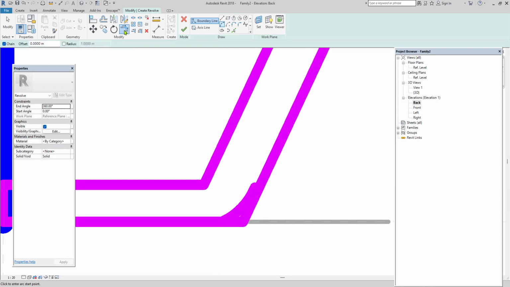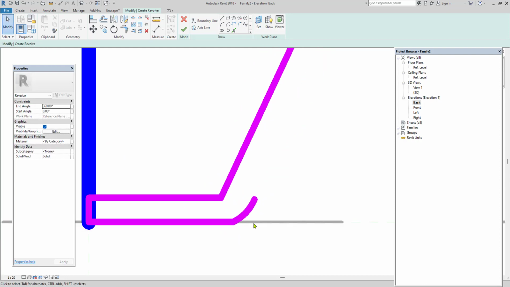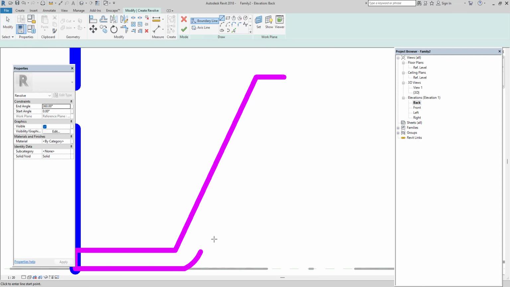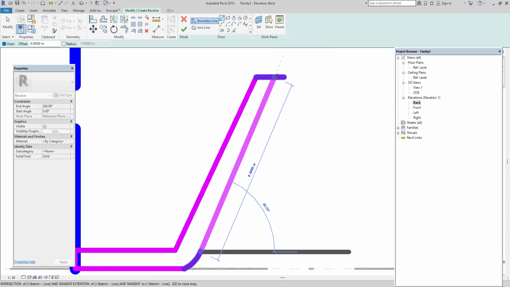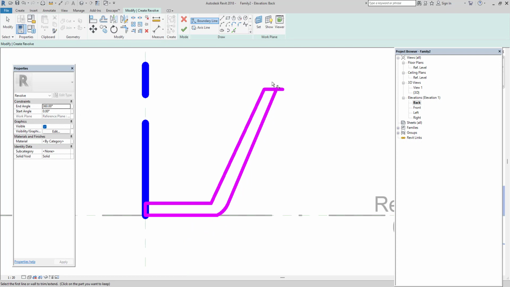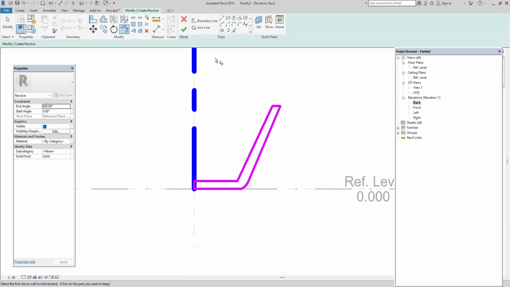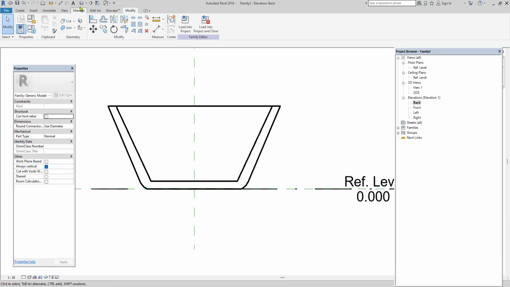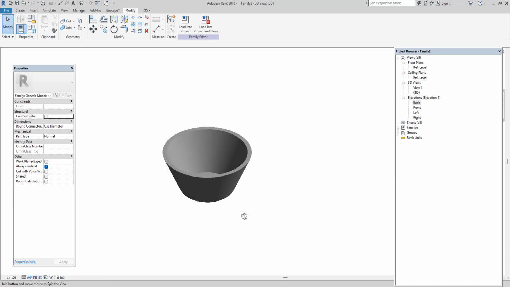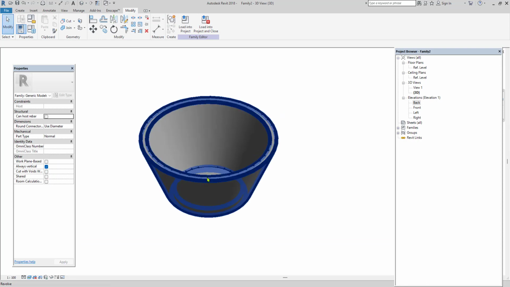But before that, make sure you are in a closed loop. Just delete this. Take a line command and then finish. Finish it. So you can create a pot design to place the plants and trees.